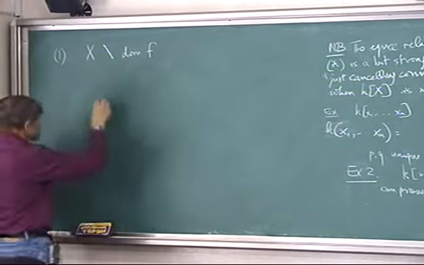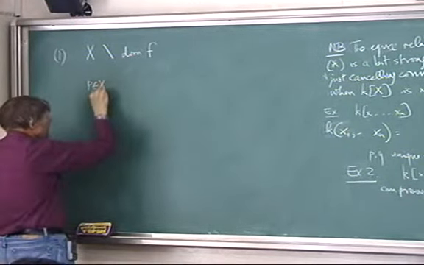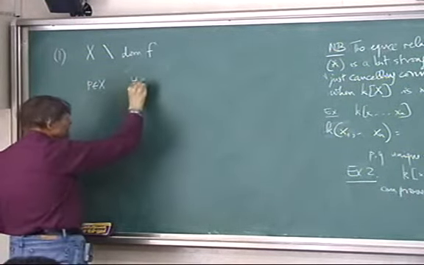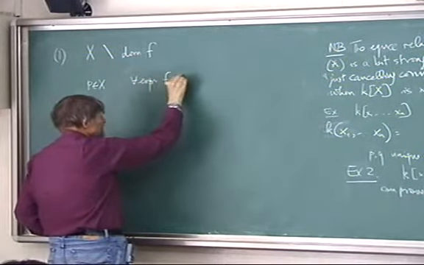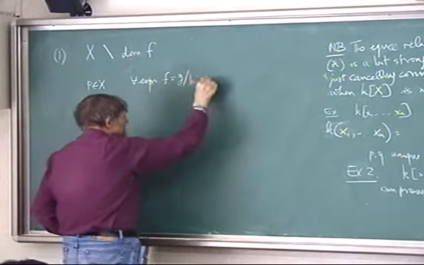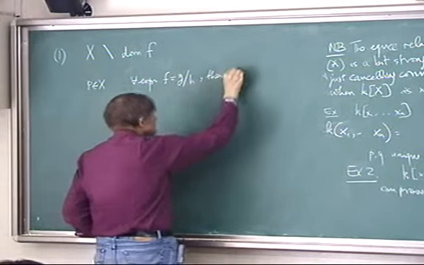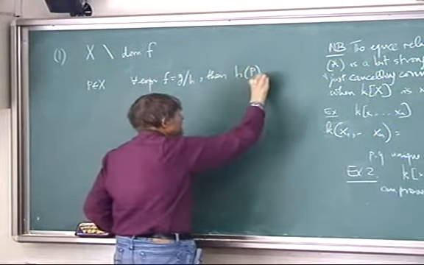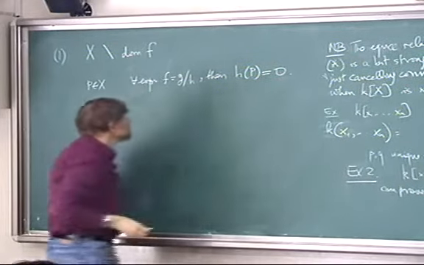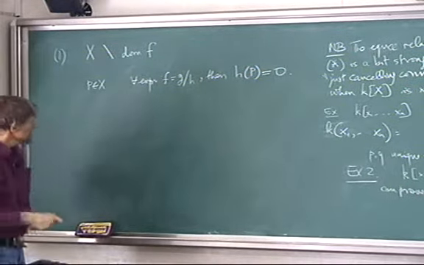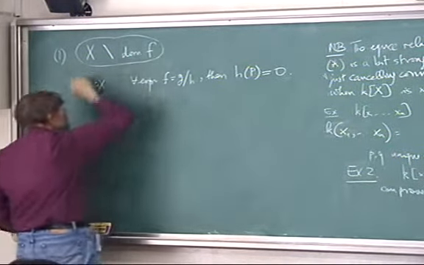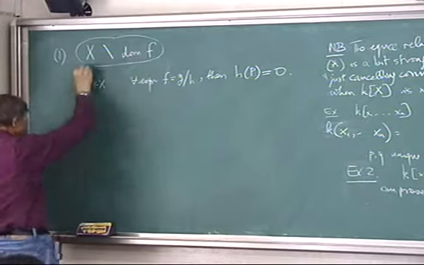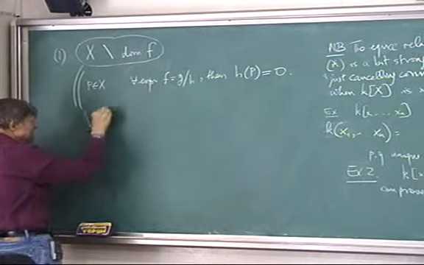So what does this mean? It means P is in X, and for all expressions, every time I make an expression f is g over h, then h of p is 0. Right? And so this set here is equal to the variety of,